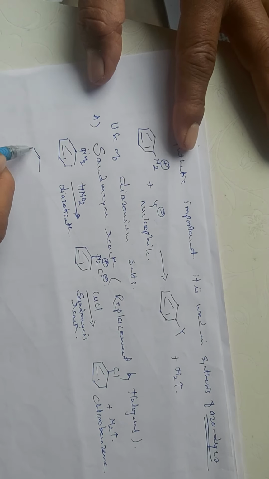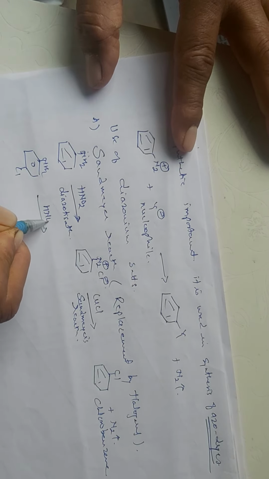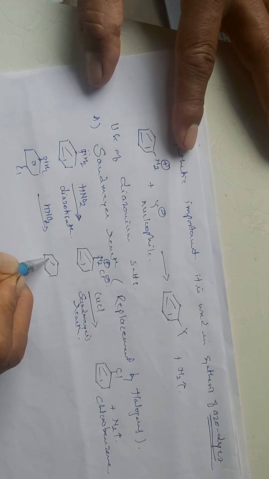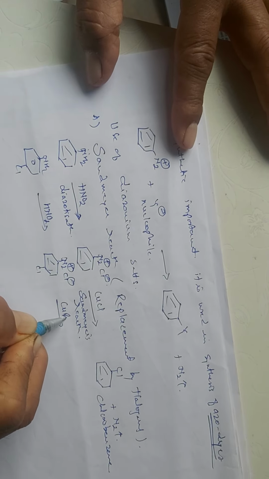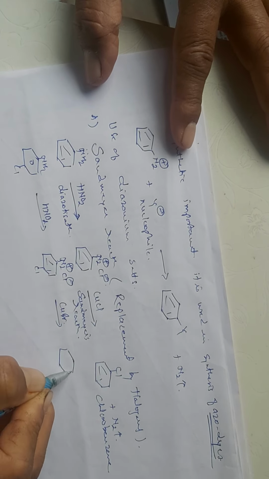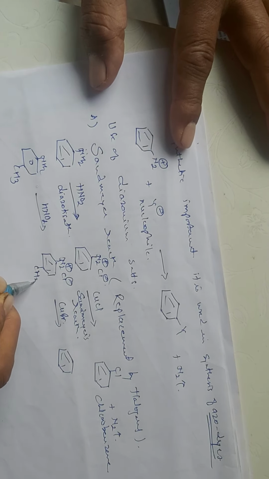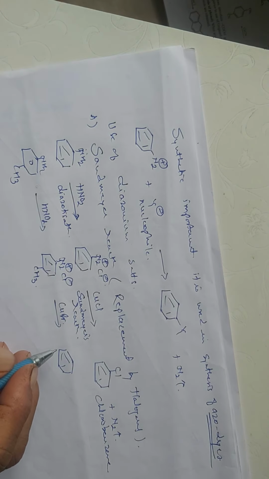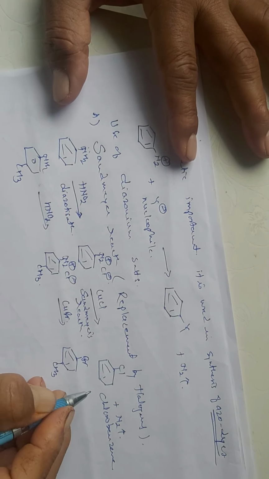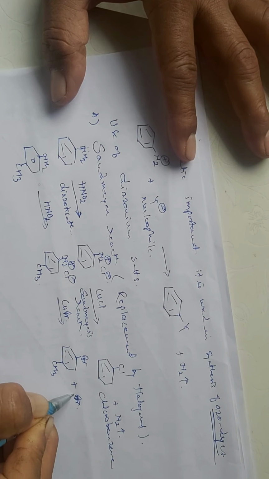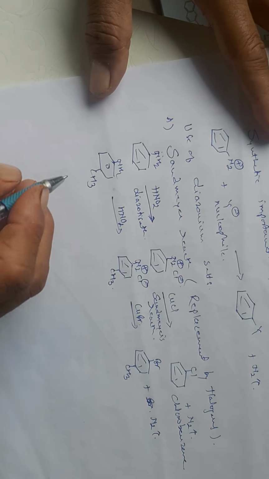So here in another reaction, we can see that the parachloroaniline on diazotization by using HNO2 gives you the formation of the diazonium salt N2+ Cl minus, and with cuprous bromide it is also the Sandmeyer's reaction and gives you the formation of, sorry, here it is CH3, and here you will get CH3 Br, that is parabromotoluene is obtained as a product. So this is one type of Sandmeyer reaction.